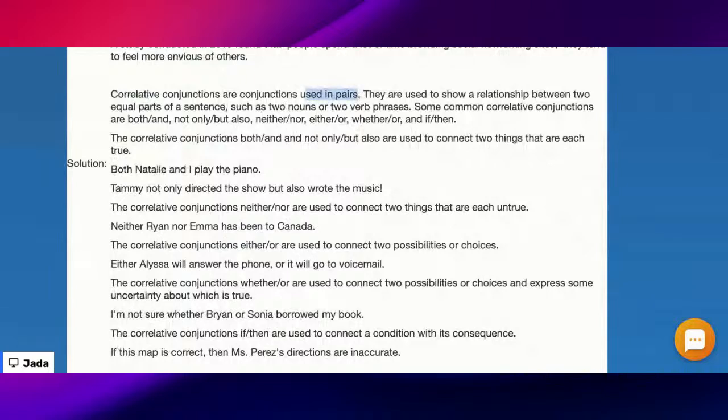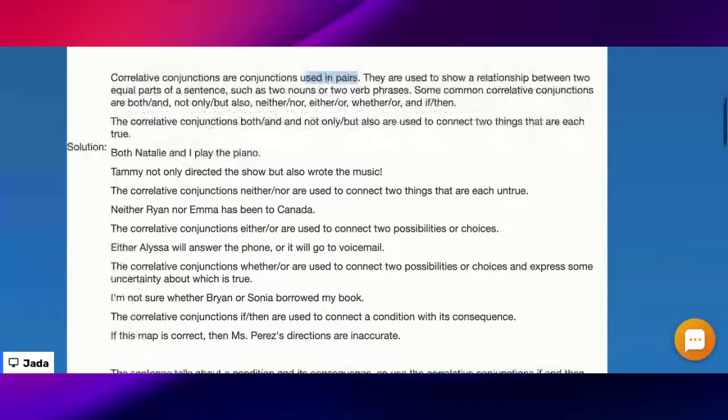And they are used to show a relationship between two equal parts of a sentence. So that is what they show. They are used in pairs, they show two equal parts of a sentence, such as two nouns or two